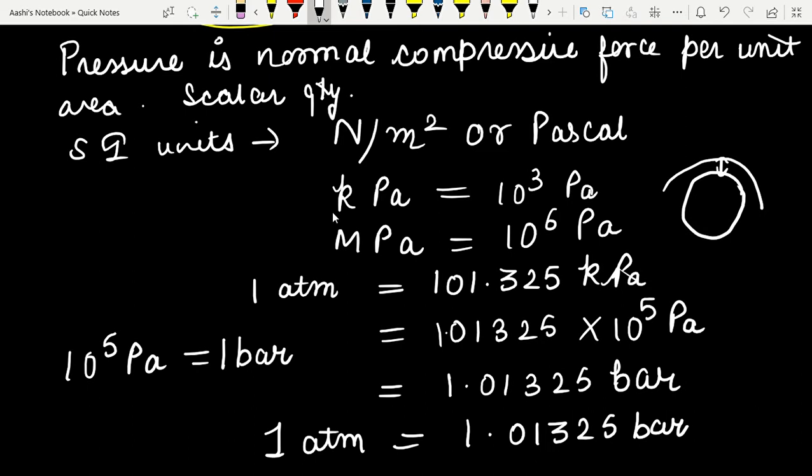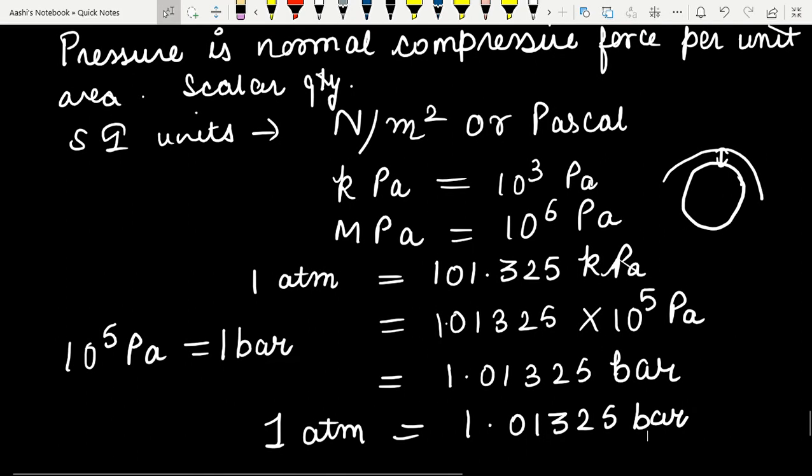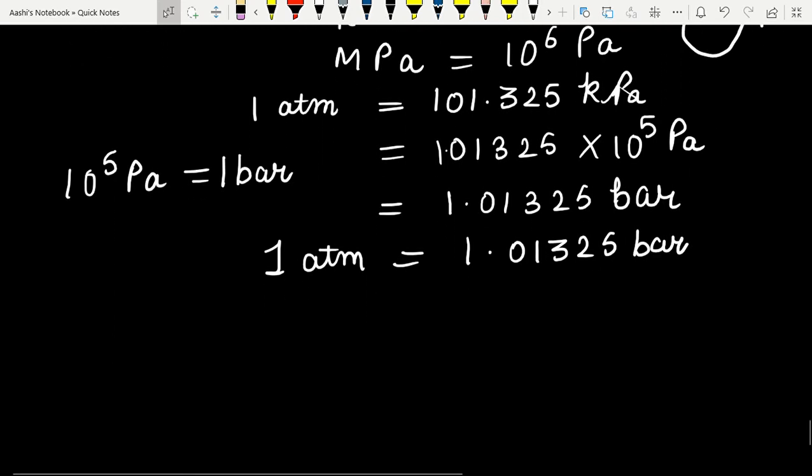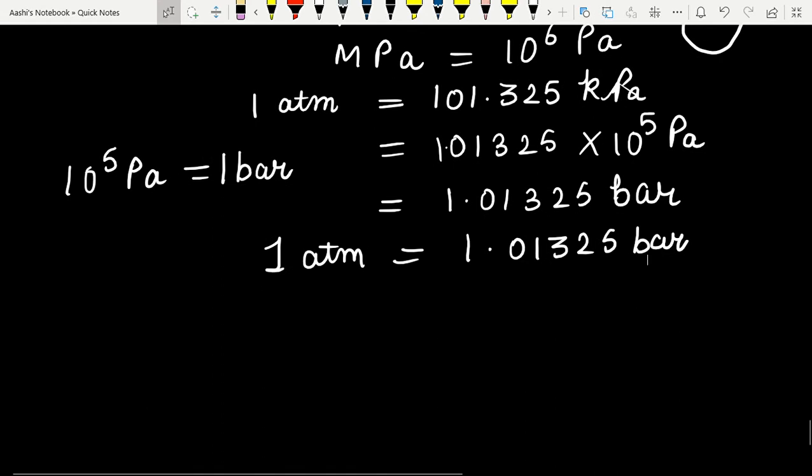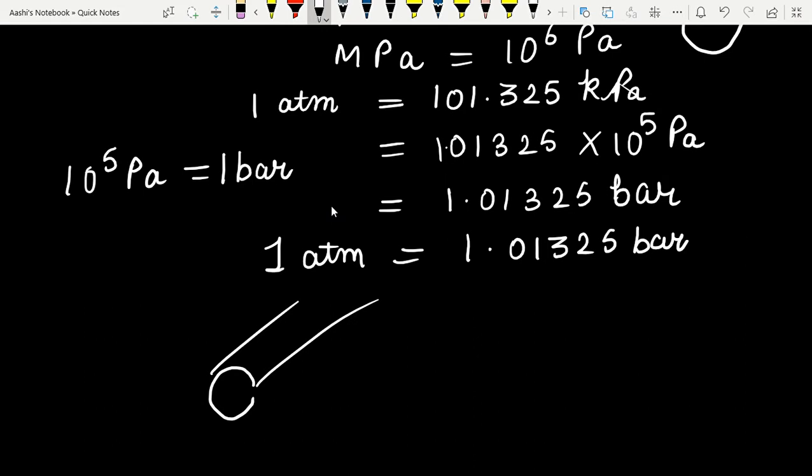Okay. Now there are some other units like PSI, that is 1 pound per square inch, or 1 torr. There is one more way in which I express pressure, that is in terms of height. Which height? In terms of height of piezometer. So afterwards, when we look at pressure measurement, we will see that we measure pressure in terms of pressure head. What is that? Suppose there is a pipeline. Okay, so we are looking at the front view of this pipeline.